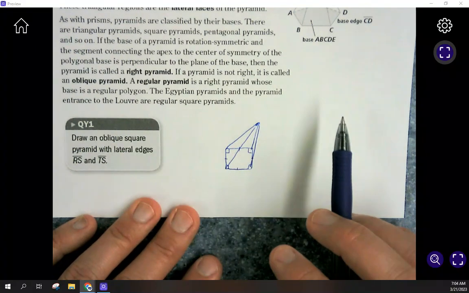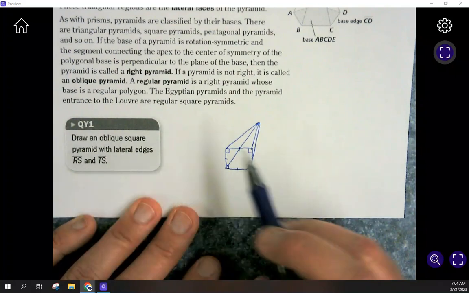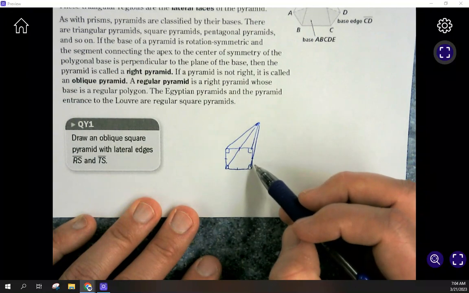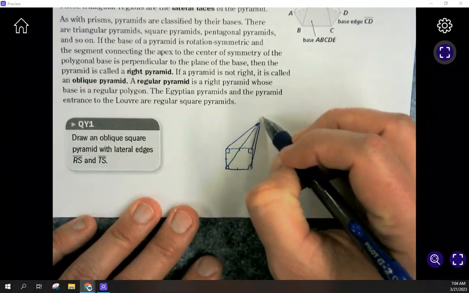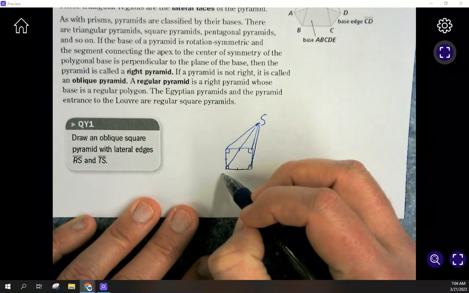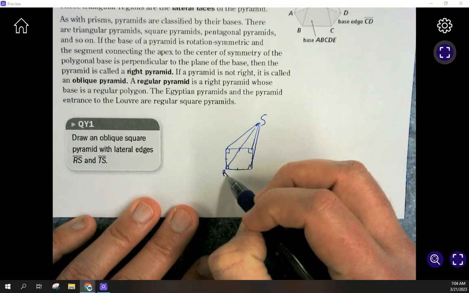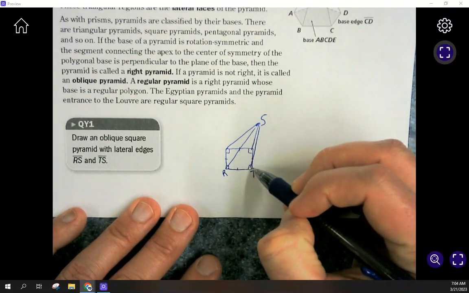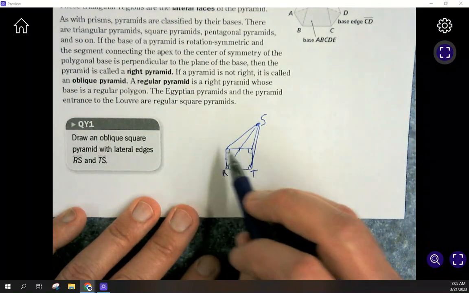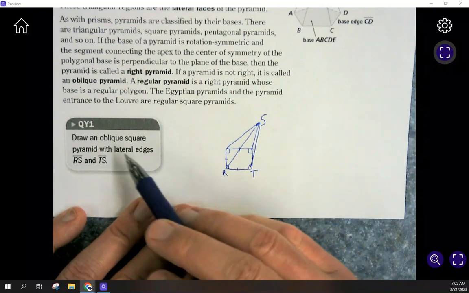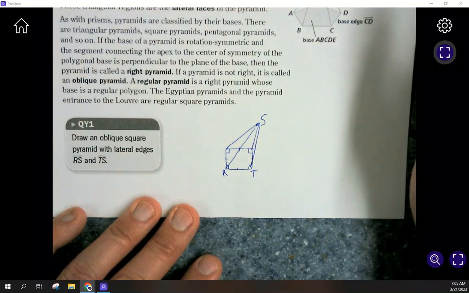And now we're going to label our lateral edges. So remember, the lateral edges are these lines here connecting the vertices to the apex. And if you notice, both of these have an S. That means S must be the apex. And then we could put the R down here, and we could put the T right here. So we have a lateral edge RS, and we have a lateral edge TS. You could go ahead and label the other sides if you wanted to, but we're going to leave it just like that for this question. All right, pretty straightforward. If you flip it over,